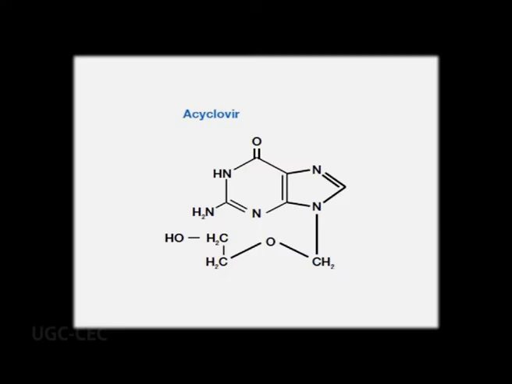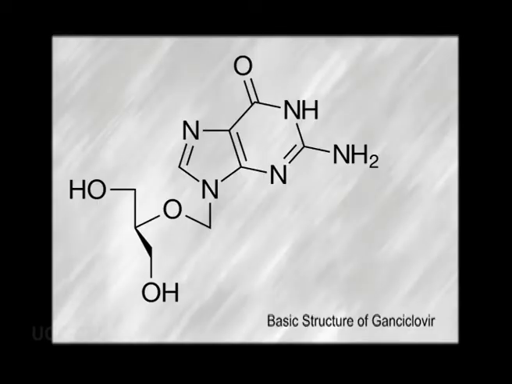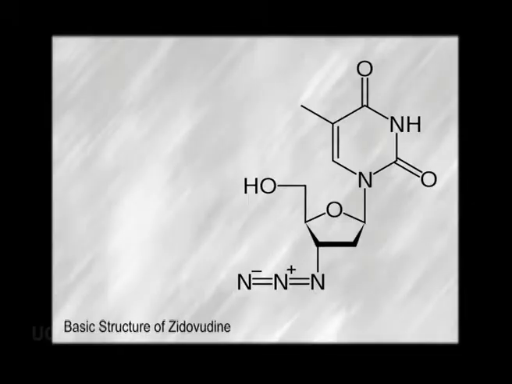Acyclovir is a guanine analog, or it mimics guanine residues. It is used for the treatment of various varieties of herpes infections, and cytomegalovirus infections can also be treated with acyclovir. Ganciclovir is also an analog of guanine, but it is better than other antiviral agents. Next, we have zidovudine, which is a reverse transcriptase inhibitor, and it is used for the restriction of growth of